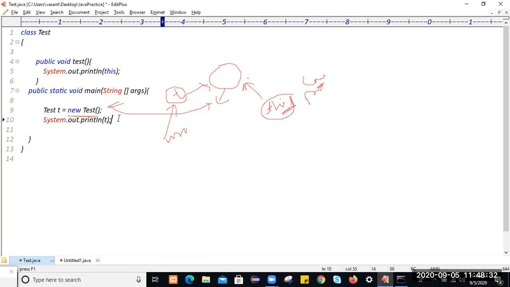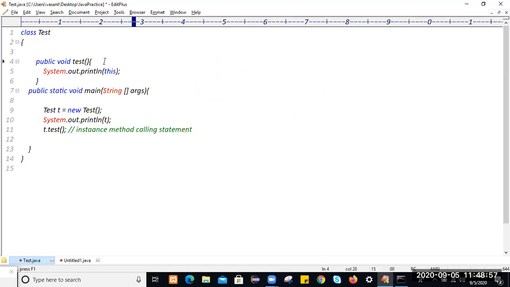If you call this test method, how to call this test method? Just use this. It is called a method calling statement. But which method calling statement? Instance method calling statement. We always call an instance method on a memory object. The moment you call this, the instance method will be called.